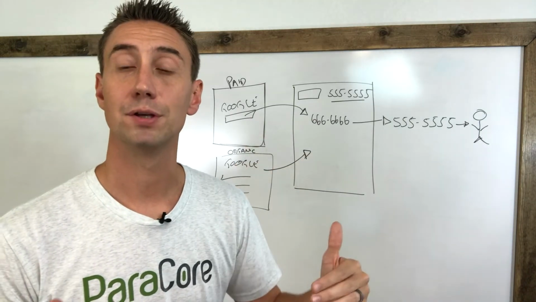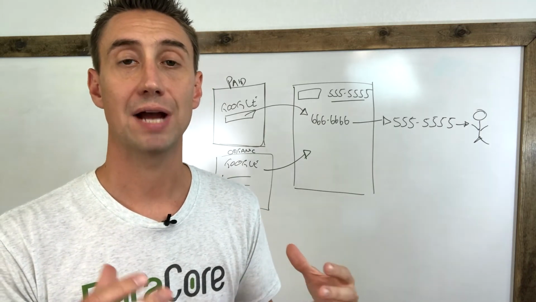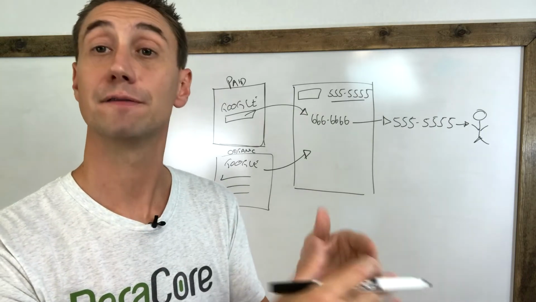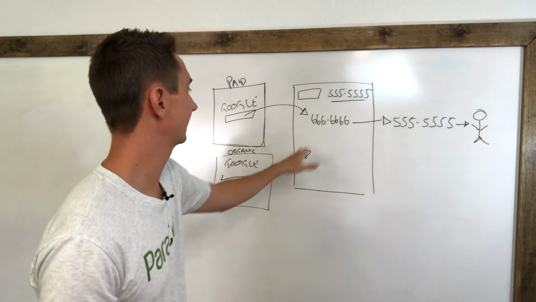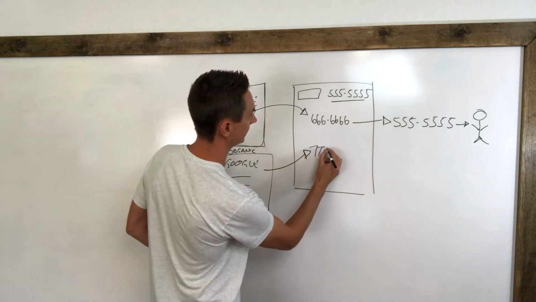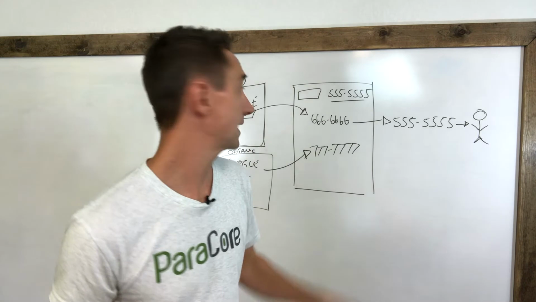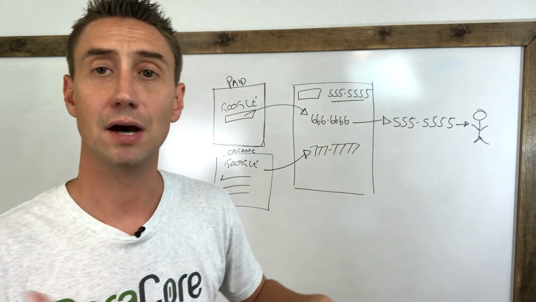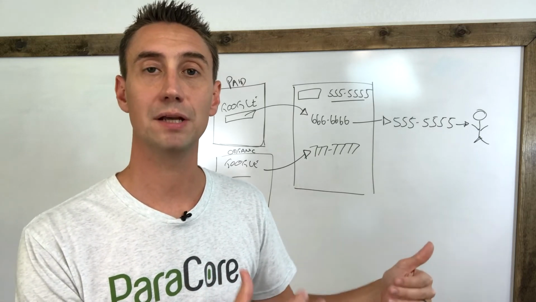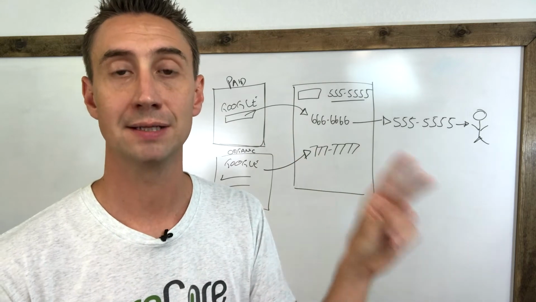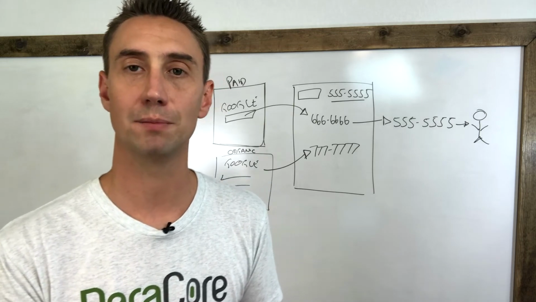So with the CallRail platform, you can actually add multiple numbers or use their keyword pool to track phone calls from all the different sources that are coming into your website. So we might have someone coming in from Google and someone coming in from organic, and this person from organic is going to see 777, and the person from paid is going to see 666, and the person that goes direct might see 555. All of these people are going to be seeing different phone numbers, and then within the CallRail platform, you can see how many calls came from organic, how many came from direct, paid, social,